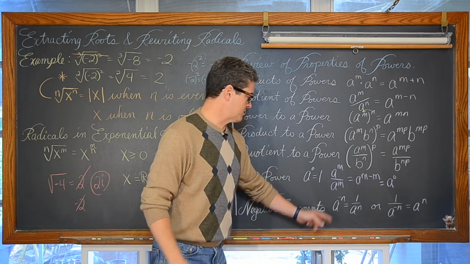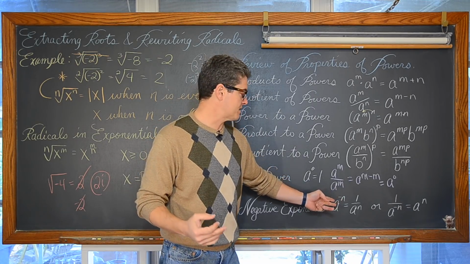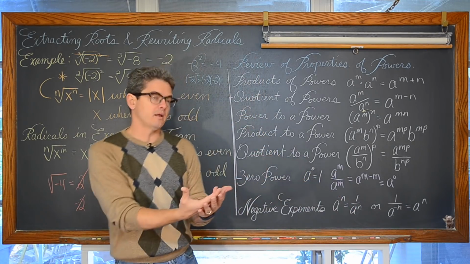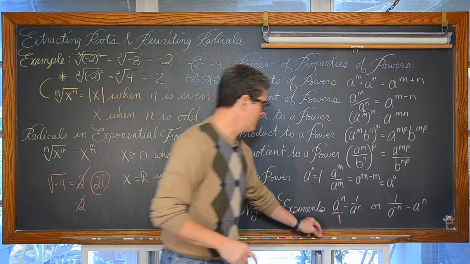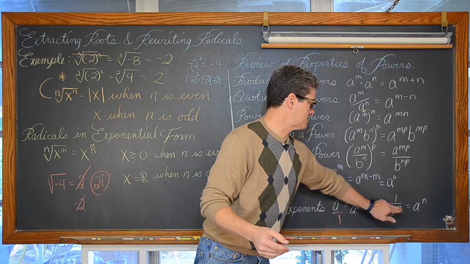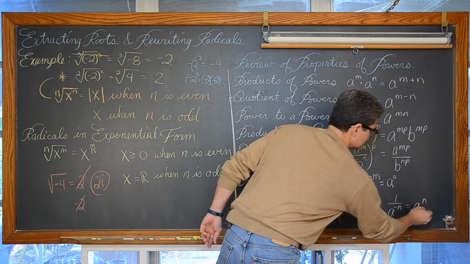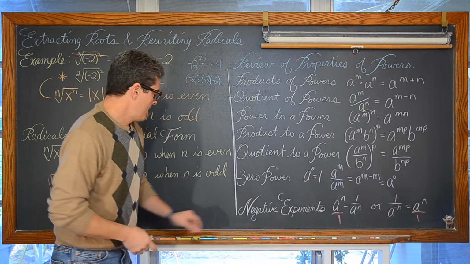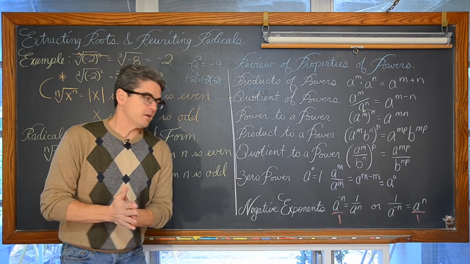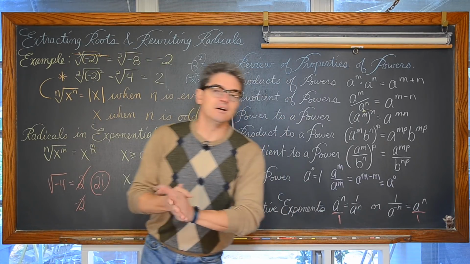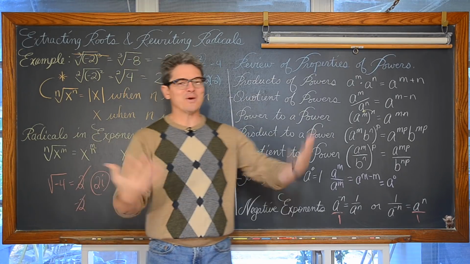And the negative exponents: if you have a base raised to a negative exponent, you can make that exponent positive by moving the base to the denominator if it's in the numerator, or if that base with the negative exponent is in the denominator, you can bring it up and move it into the numerator. You can explain how this works with that quotient property as well, but I'm out of space, and I'm just trying to keep these lessons relatively short and not review everything at the same time.